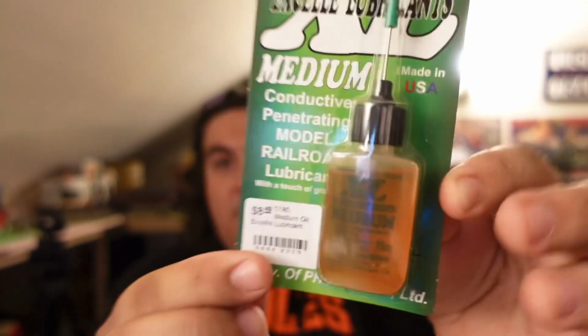So this is Excel lubricants, plastic compatible. It's a medium lubricant, but they have everything down to ultra light, so it almost looks like water. But here you go. So this was like $9. This will last a very long time. I just did not have a needle applicator,